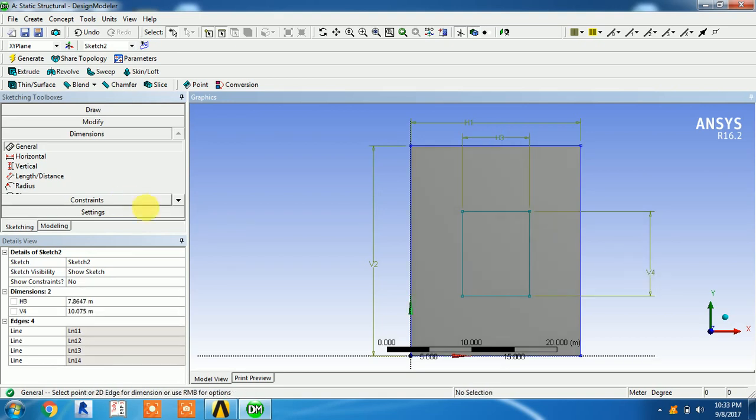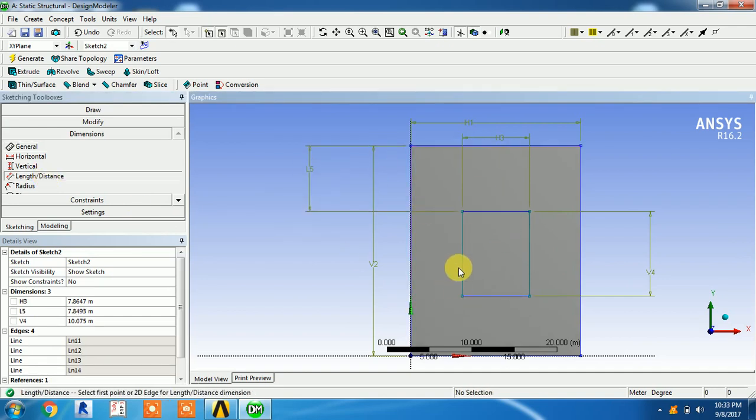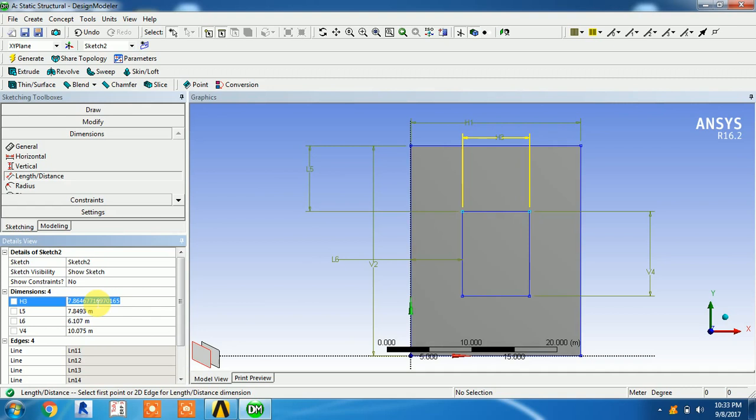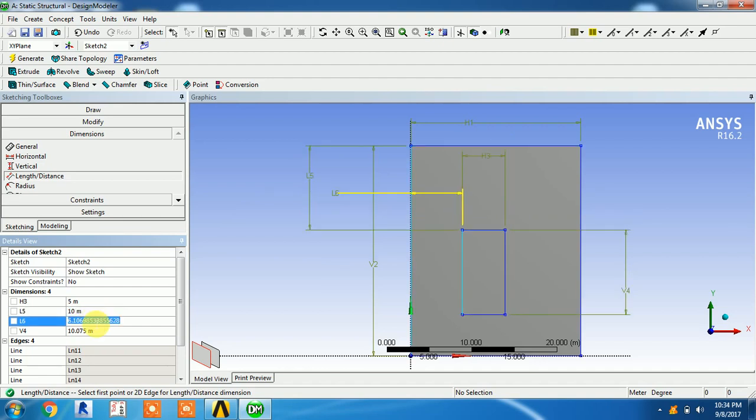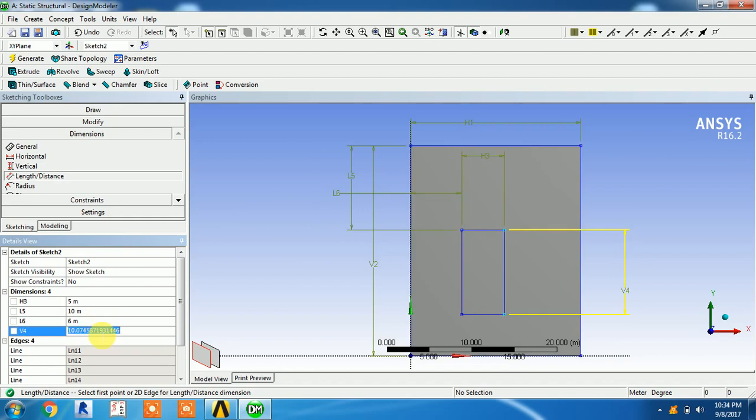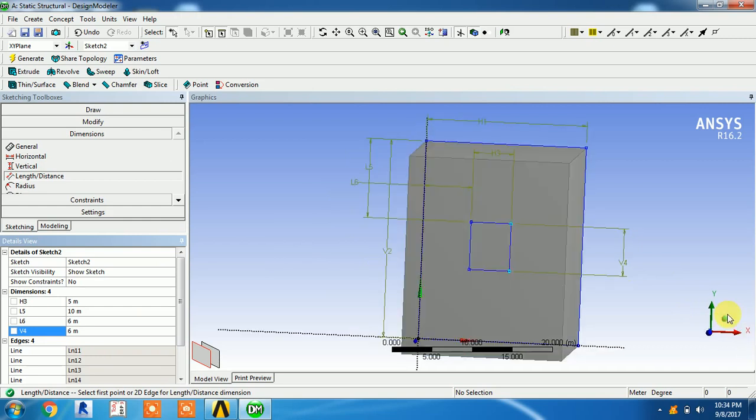I'm giving the dimensions, length and distance as well. Five, 10, 6, 6,